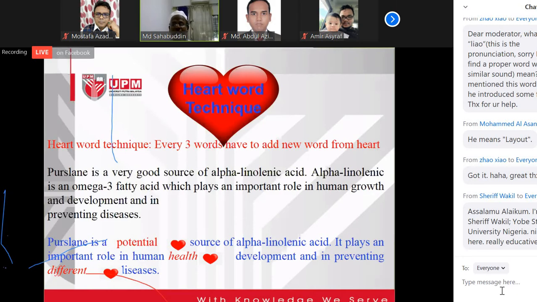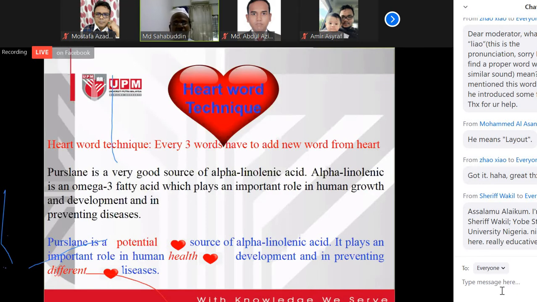So how can we decrease the plagiarism? There is one formula, one technique. If you can break the word linkage or sentence linkage, it will also reduce the plagiarism. From experience, we found that for every 3 words, if you add 1 extra new word from your heart, not from a synonym, not from any other source, from your heart.